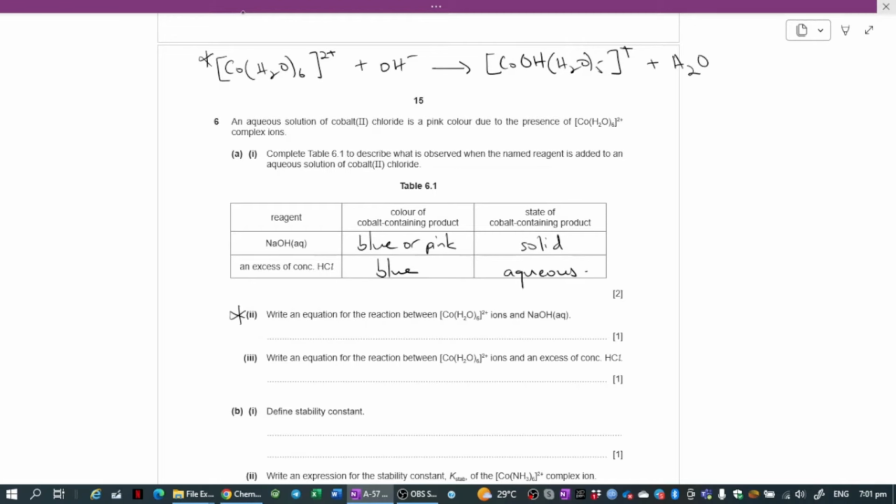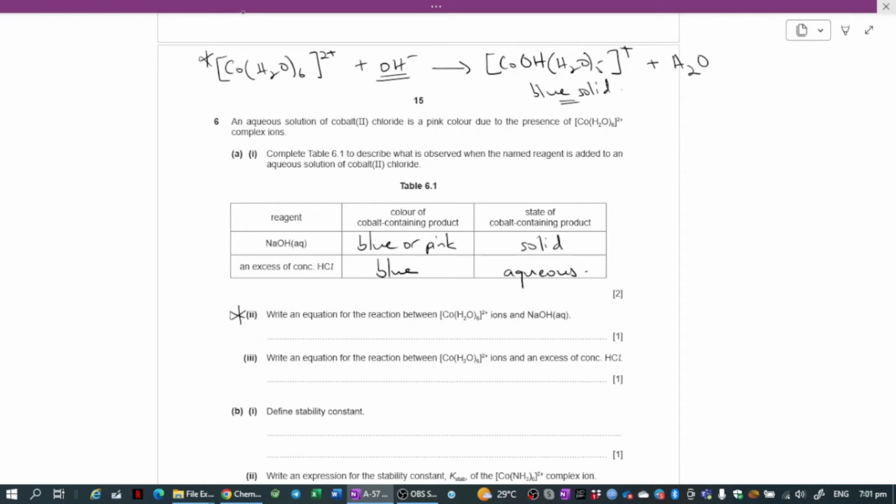And this here is the blue solid, and this occurs when the sodium hydroxide is not in excess. So if you actually do this reaction, you would see little flakes of blue solid that